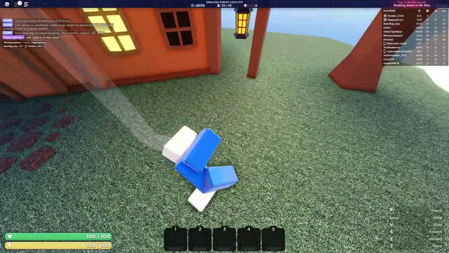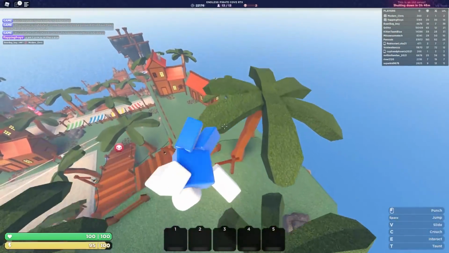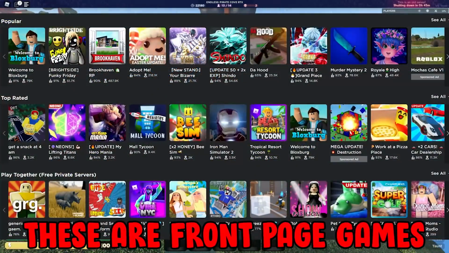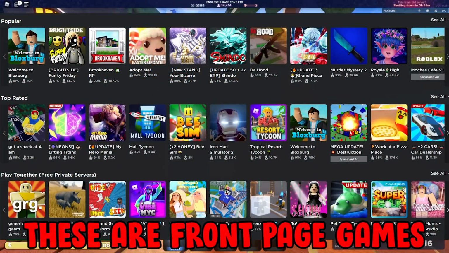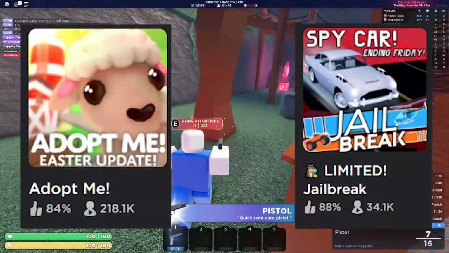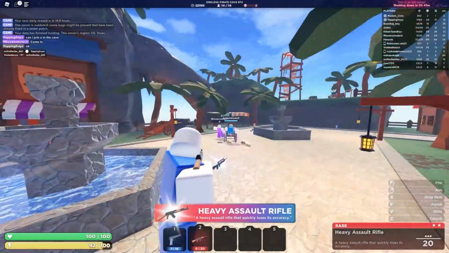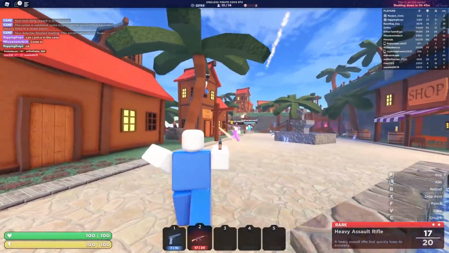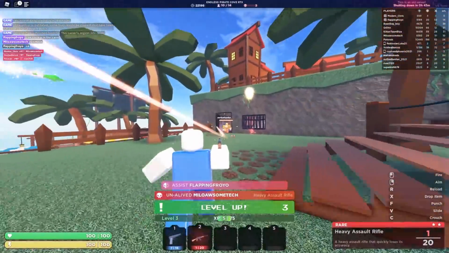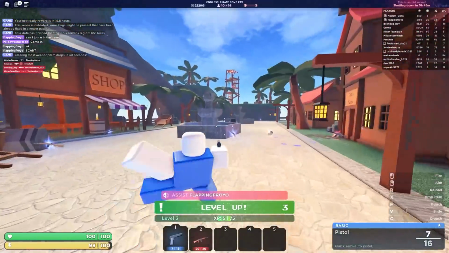Now, depending on how much money you have, $350 might not be that much for you, but this can add up very quickly, as you're about to see right now. So front page games on Roblox actually make a lot of money. For example, games like Adopt Me and Jailbreak have definitely made well over $50 million and probably even more. That obviously is a ton of money, but you also need to keep in mind that this is over many years, and they also have to pay a lot of developers and stuff. So the developers don't exactly get all of that money, but still they make a ton of money from these